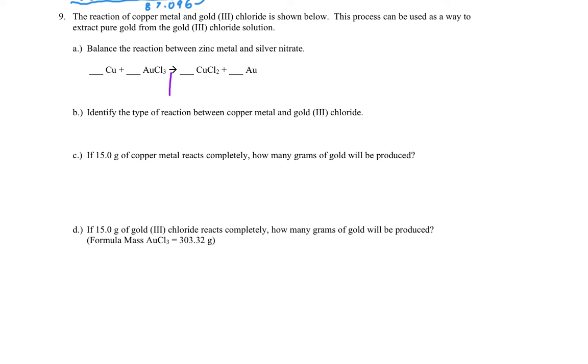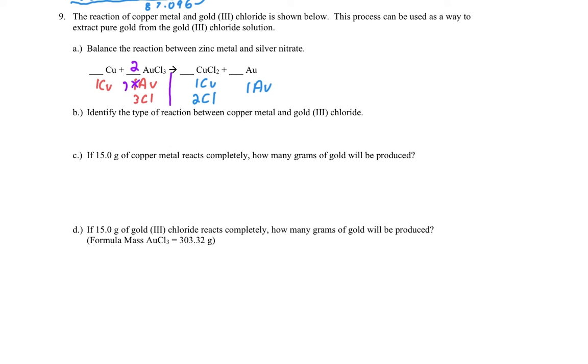Question number 9 is a stoich question. But first, I got to balance the reaction. I have 1 copper before the arrow. I have 1 gold and 3 chlorines before the arrow. After the arrow, I have a copper, I have 2 chlorines, and I have 1 gold. Now, copper and gold look balanced,